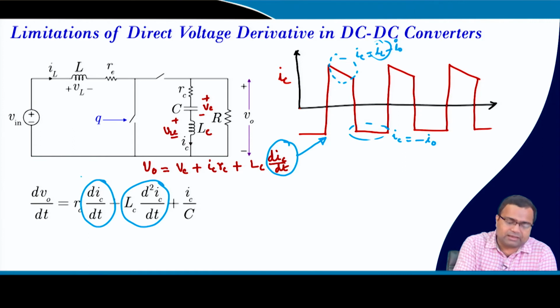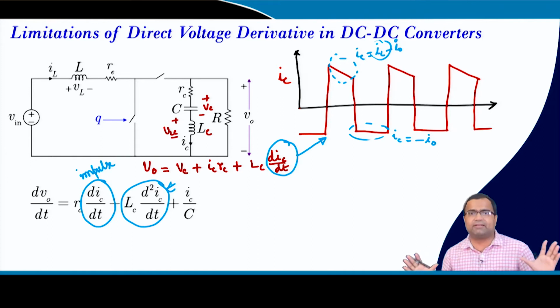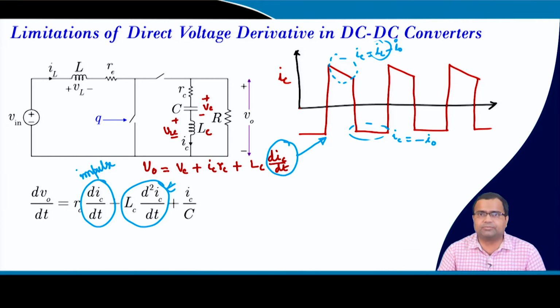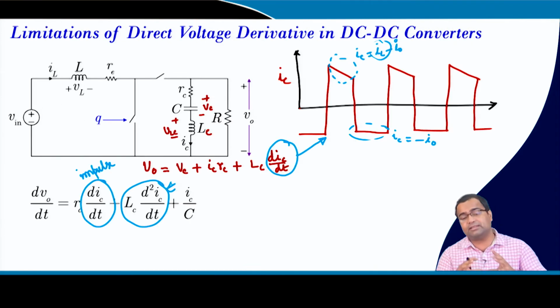So, it is a kind of impulse effect you will get, and here the derivative of the impulse can inject a huge spike. That is why you need to select the PID controller for a boost converter very carefully, otherwise it can be a disaster, like your controller error amplifier will simply get saturated because of the spike. So, that is why the PID controller straight away is very difficult to realize, but we will see that in a subsequent lecture.